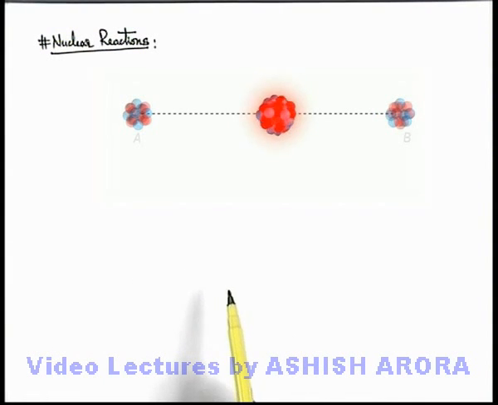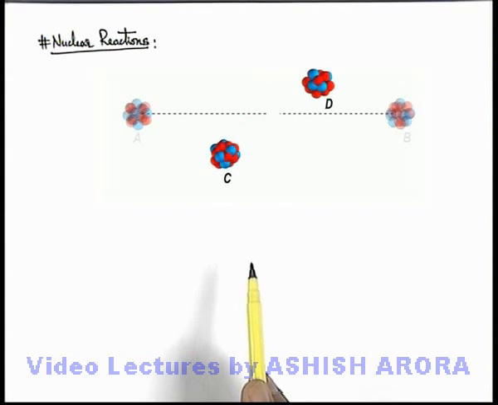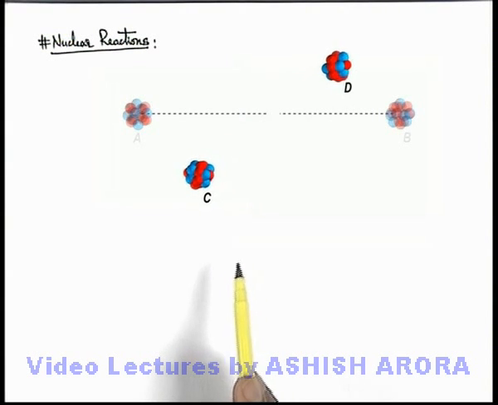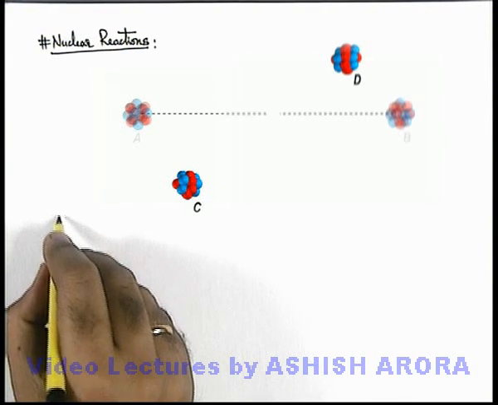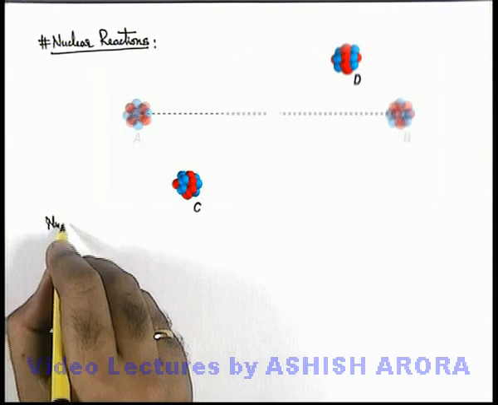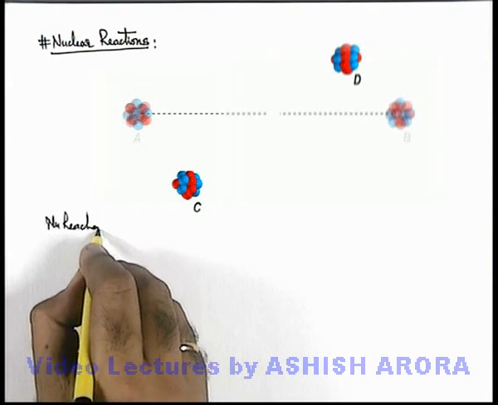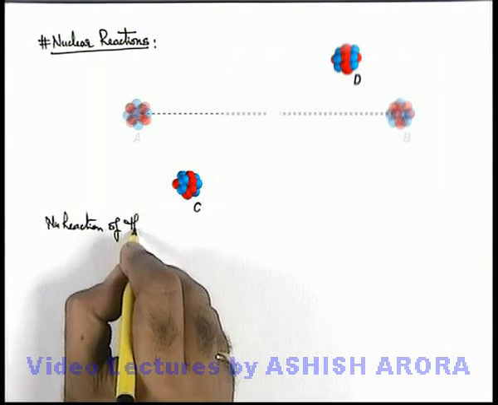Like here you can see two nuclei C and D are produced, which are traveling in opposite directions to conserve momentum if the initial momentum of the system was 0. So here the final nuclei which are produced as the product of the reaction are C and D. So here if we write down the nuclear reaction of this process,